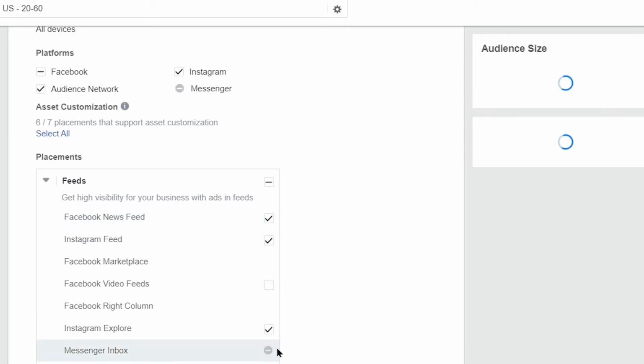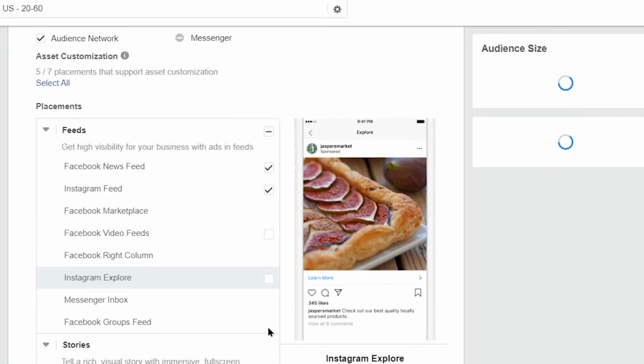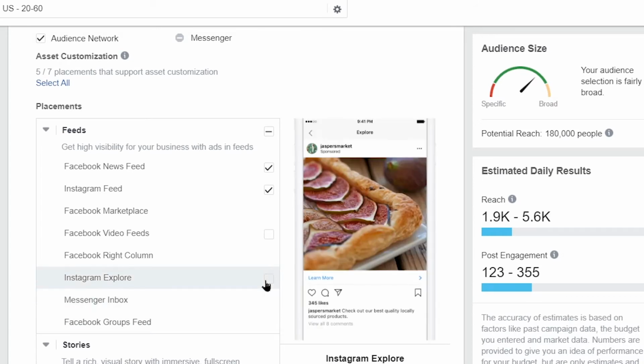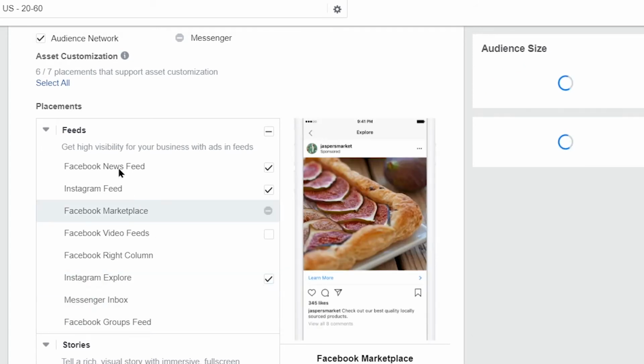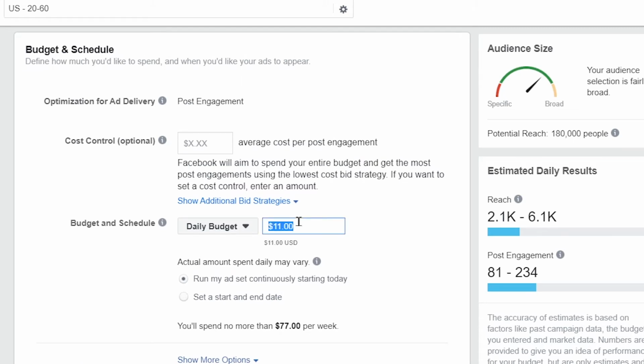It all depends on the ad that you're making. If you think your ad will be better with the places that you're selecting, then definitely do that. Daily budget, I'm going to go with $3 because I'm starting out. You also see that the post engagement will go down dramatically low because you have less dollars to